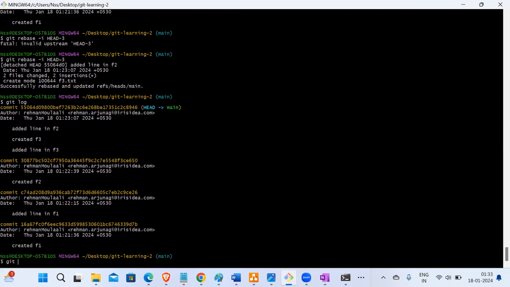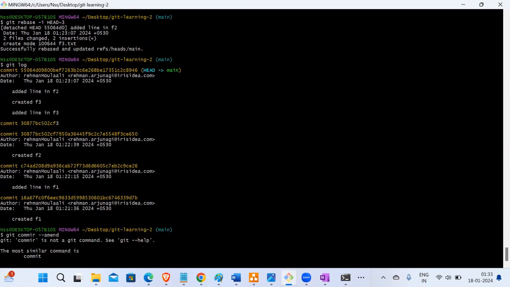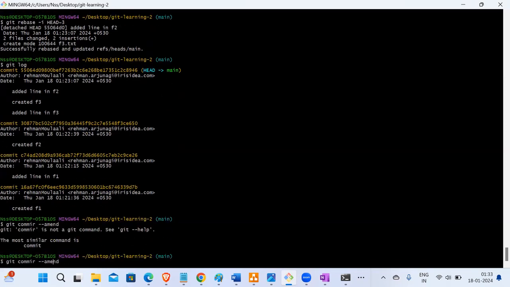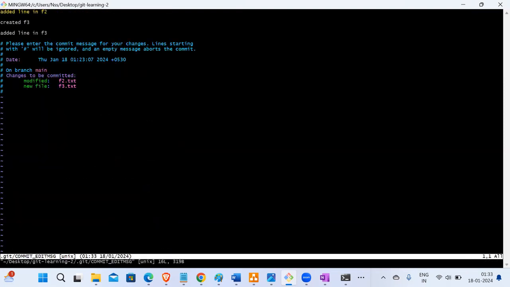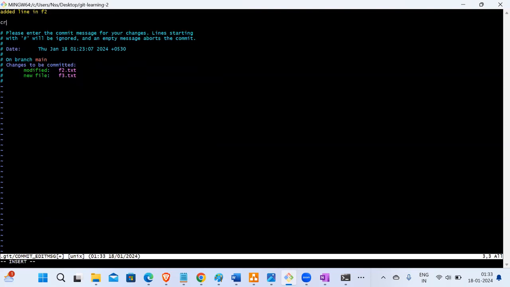I can do git commit --amend. Whatever commit head is on, that commit can be edited. My bad, it is not commit, it is commit. So I can provide a proper message here. To write, I need to press I. It is now in insert mode. Let's remove the old one